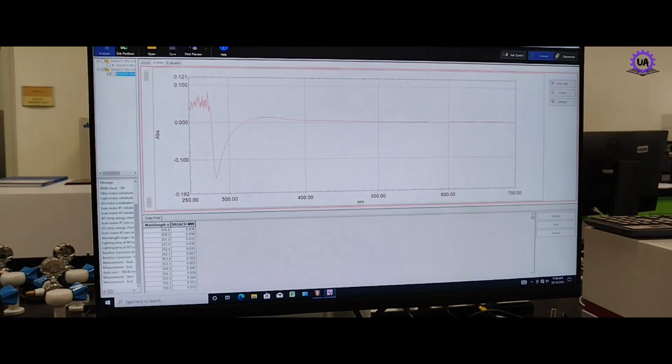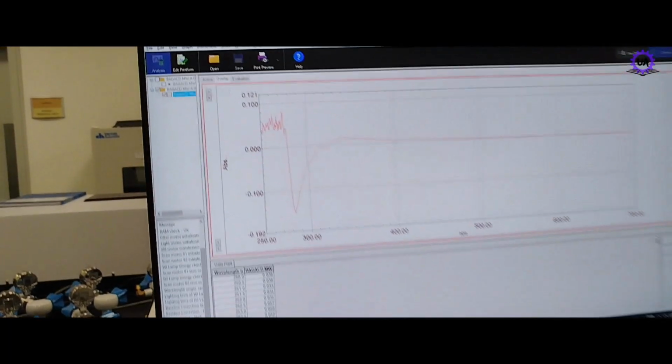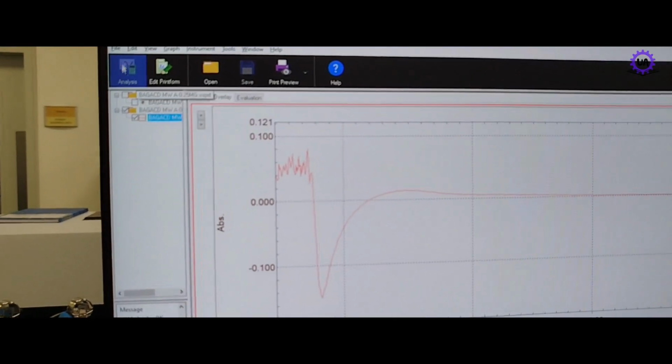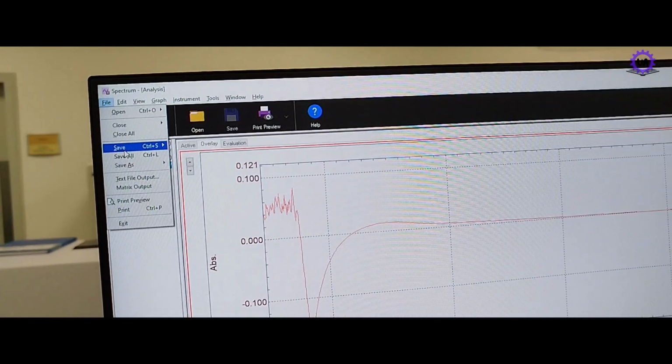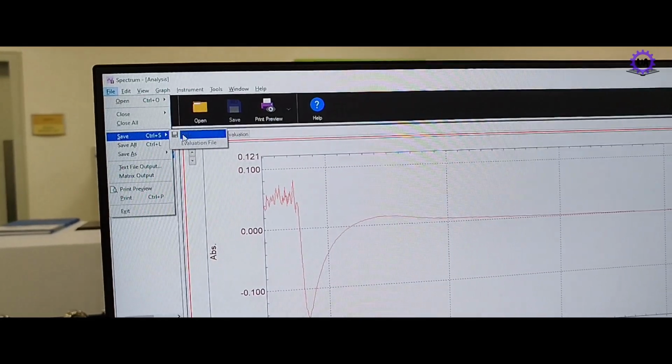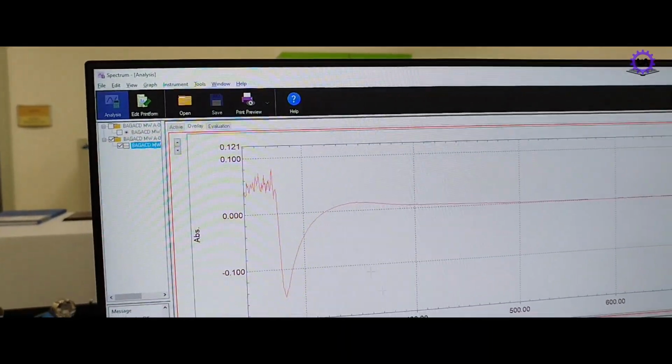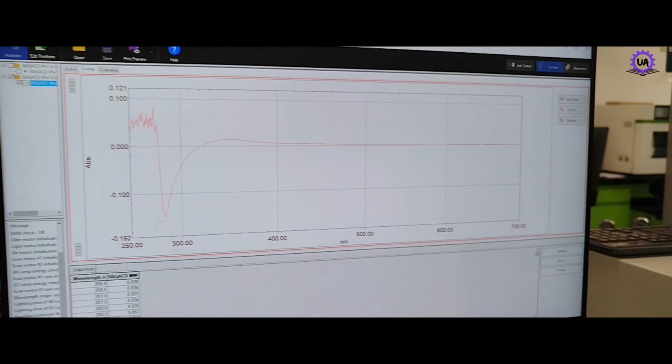We have got the spectra, right? Now here you have to save it. Select this one, then go to file. You can save the data or whatever you want. Or if you want to export the data,